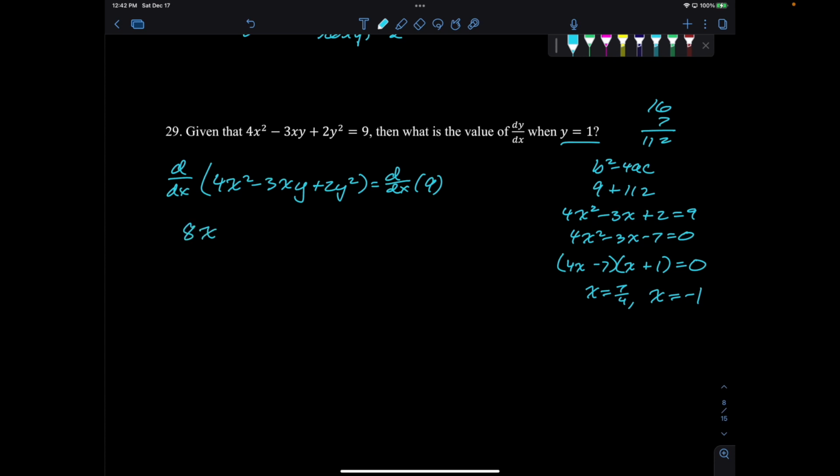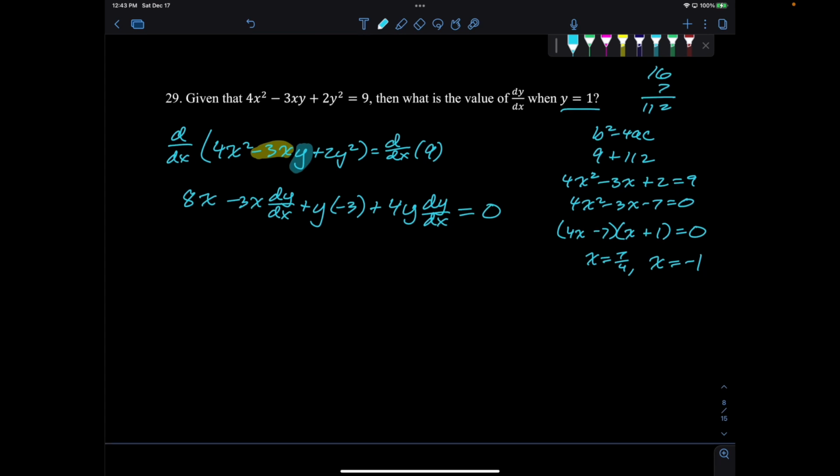What I like to do here is consider this the first function, and this the second function. So I'm going to do first times the derivative of the second plus second times the derivative of the first. And then 2y squared gives me 4y dy/dx. Then the biggest mistake I see people make is they forget that the derivative of a constant is 0. So this is 0. All right, so dy/dx